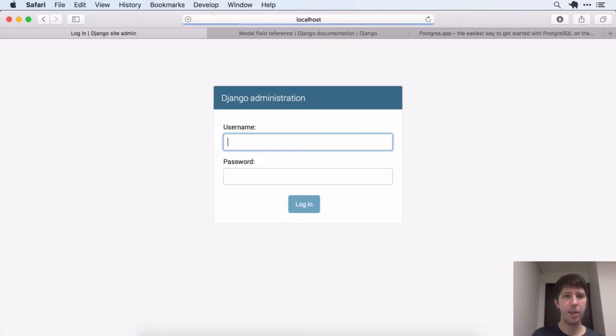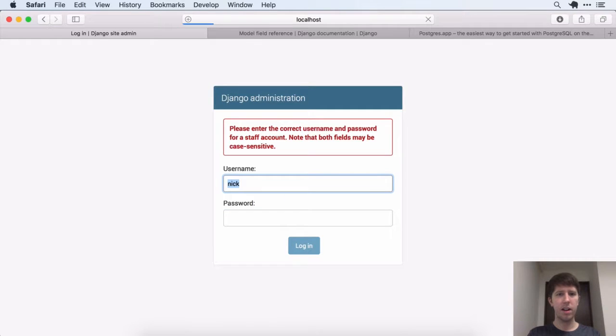Go to our /admin. And you'll notice here, let's say I try and put in my same information. So Nick, Django1234. It's going to say, hey, that doesn't work. And you're like, what? I made that superuser. Well, the superuser that you create lives inside of the database. So when you move to a different database, like our SQLite3 over to Postgres, we have to create a